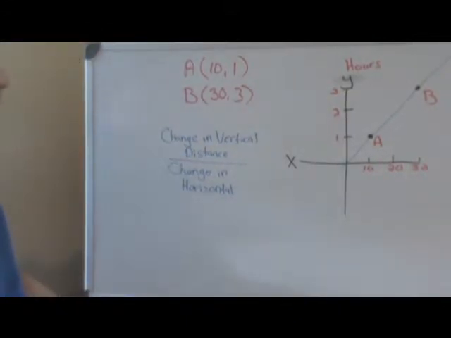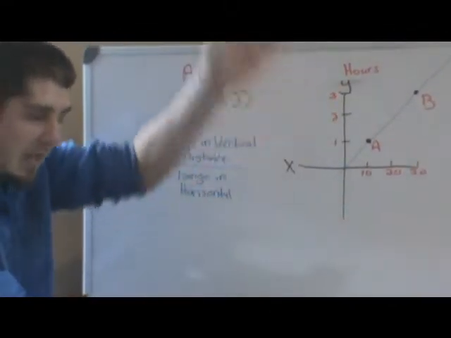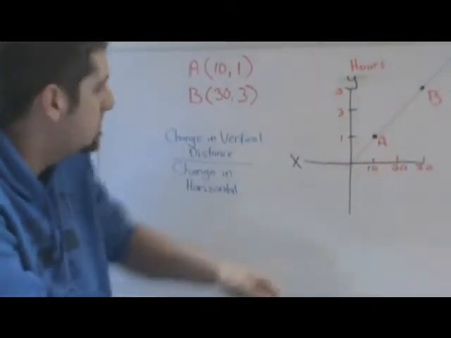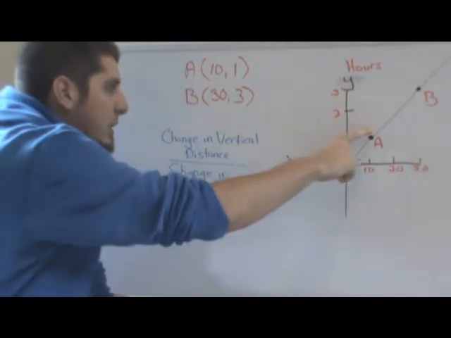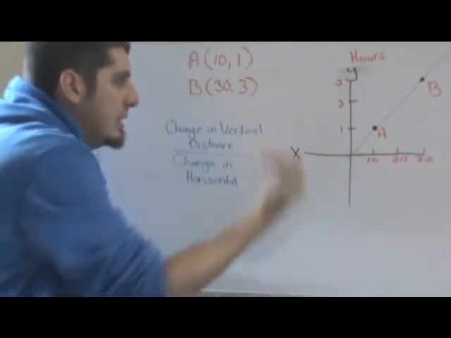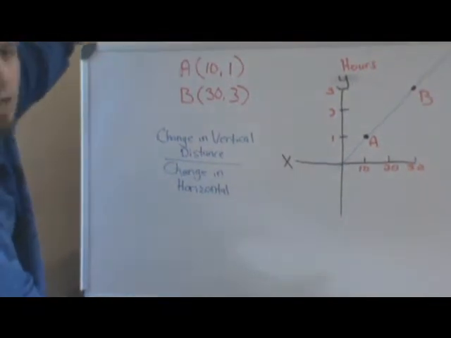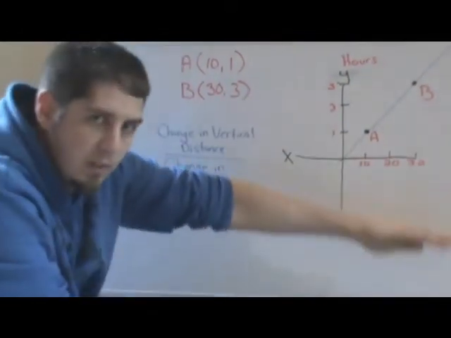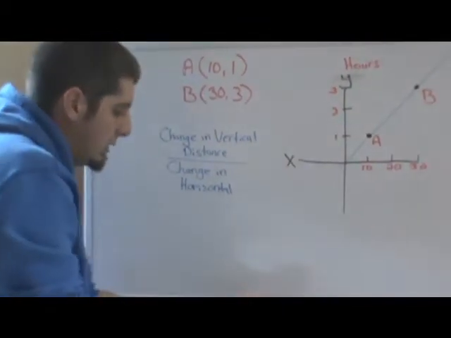So, vertical distance, vertical represents moving up and down. So the change in vertical distance, going from point A to point B, I want to know what was the change in vertical distance? What was the change in the up and down distance? When I go from point A to point B, how much higher up have I moved, or how much lower have I moved? Sometimes you might end up moving down. So the change in vertical distance,